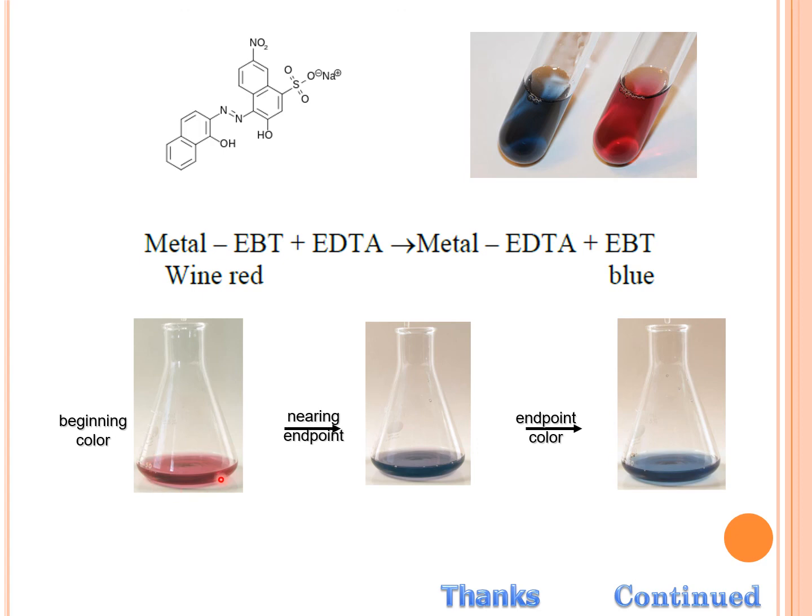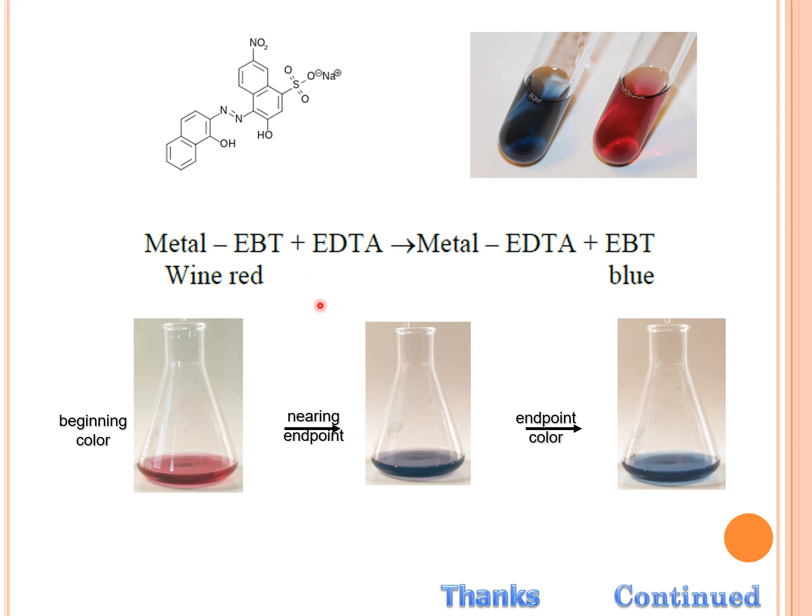Then if we add 2-3 drops of indicator, immediately this blue color will disappear and we will get red wine color. Now what we have to do, we take EDTA in a burette and drop by drop we are adding, and this color will slowly become very light, and later on at a point it will disappear, means colorless it will form. And as soon as we add the next drop of EDTA, it will give an endpoint blue color. So here we have to stop the addition of EDTA.